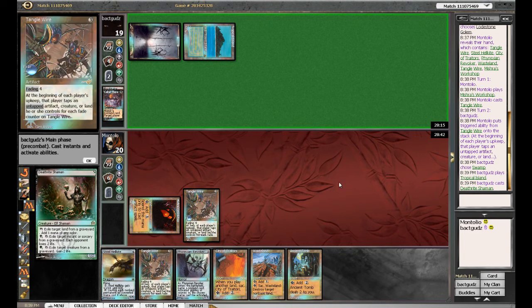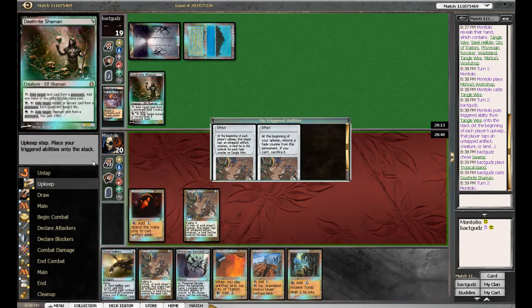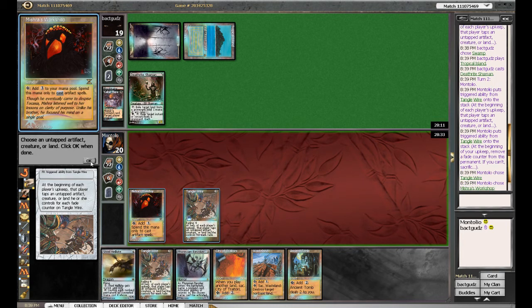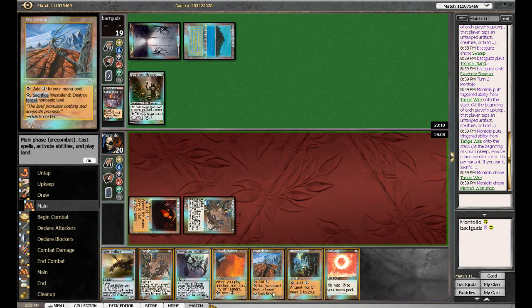So Deathrite Shaman, that's fine. Sphere. Okay, Soul Ring's actually pretty good here. I guess the best thing to do here is... the problem is you can get me with that Cabal Therapy now, getting my Hellkite, which is not good for us, but